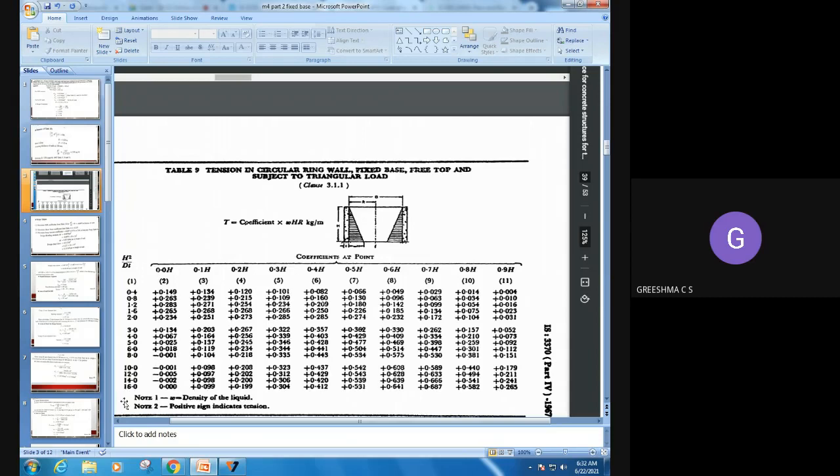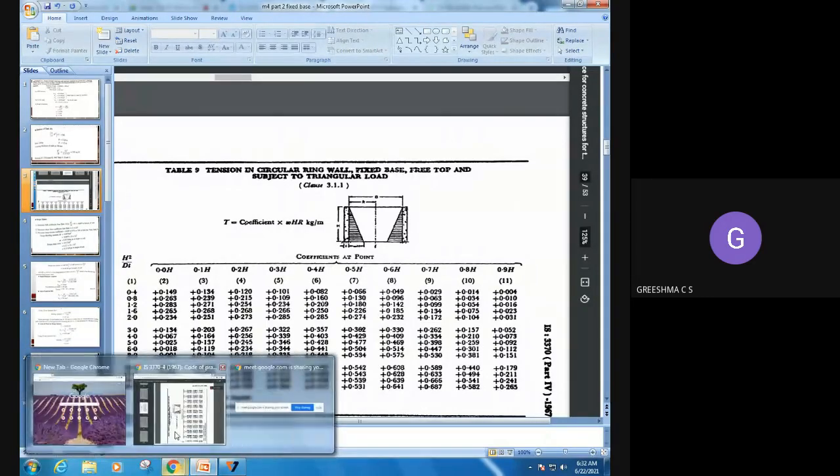Now corresponding to h square by dt, the maximum tension coefficient is 0.687. Now look in this line, just see which one has the maximum value, where the largest value comes. So that is at 0.7h, that is 0.687. So choose that value. So the maximum tension coefficient is 0.687 at 0.7h. Okay, so the maximum tension coefficient we have now got.